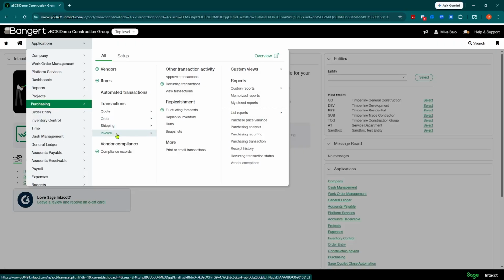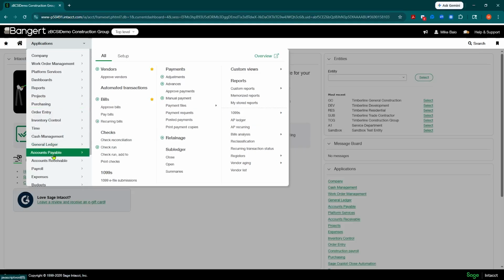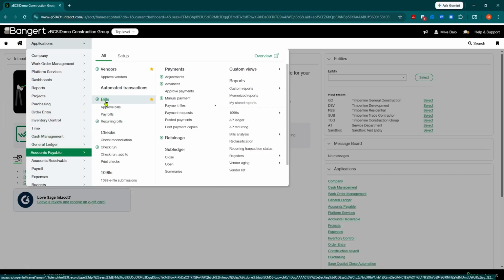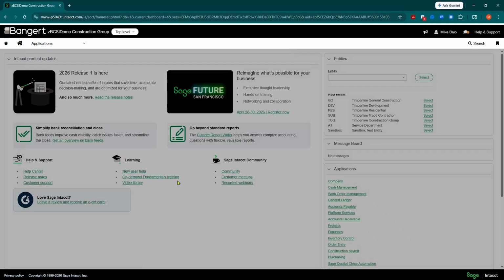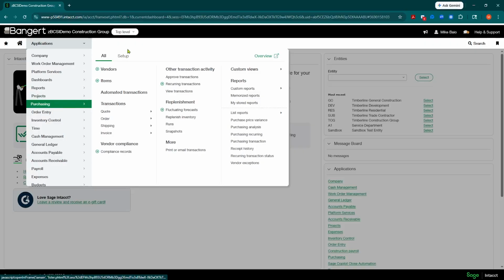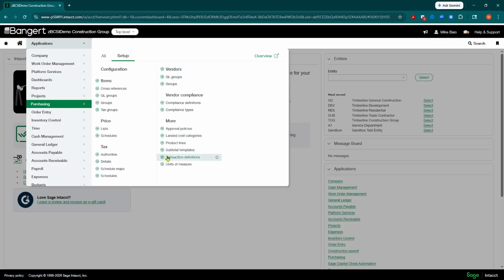But if you don't, you're going to need to set one up, and you don't necessarily need to turn on receiving or purchasing even. But what you can't do is go into accounts payable and continue to enter that bill through AP bill, because it won't allow us the tools that we need to get these items distributed properly. So we're going to need to go over to the purchasing module at top level under setup, and go into our transaction definitions, either create a new one from scratch or go into an existing one that you use, and I'm going to show you a few things that need to be turned on.